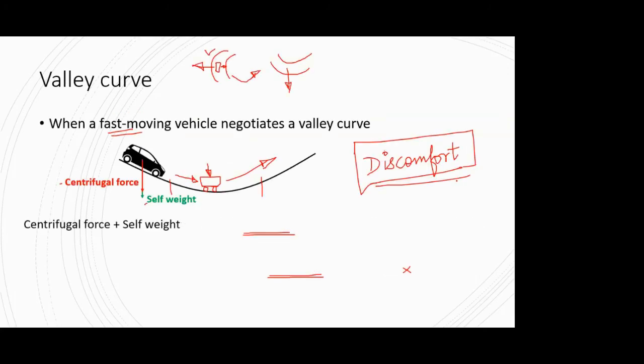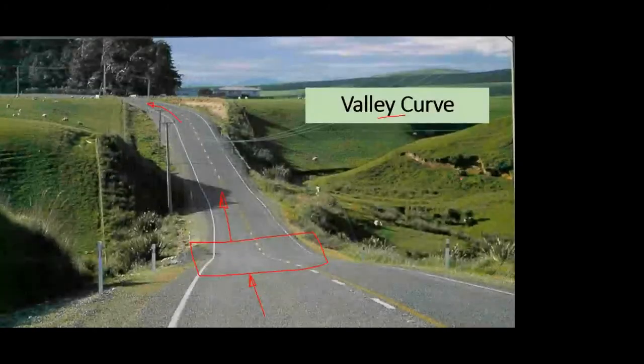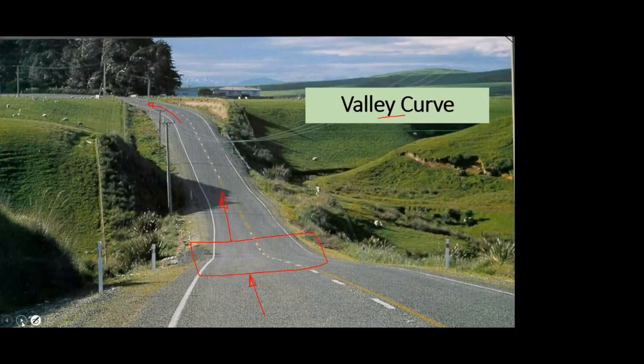Now in the next scenario, we'll talk about the case that it's daytime and you are traveling on a valley curve. The same scenario, same car and everything is same, but it's daytime. So if I ask you what will be the considerations from the sight distance point of view, okay, what will be your take on it? So you'll obviously think that you are traveling down a valley curve. Okay? If I just go back a few slides and show you this figure, this is exactly the scenario that I am talking about.